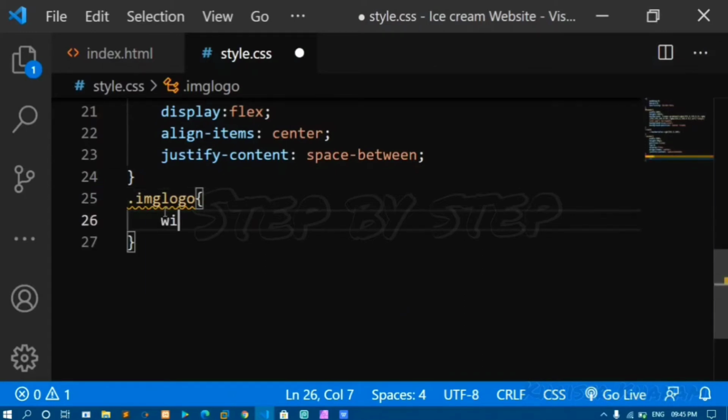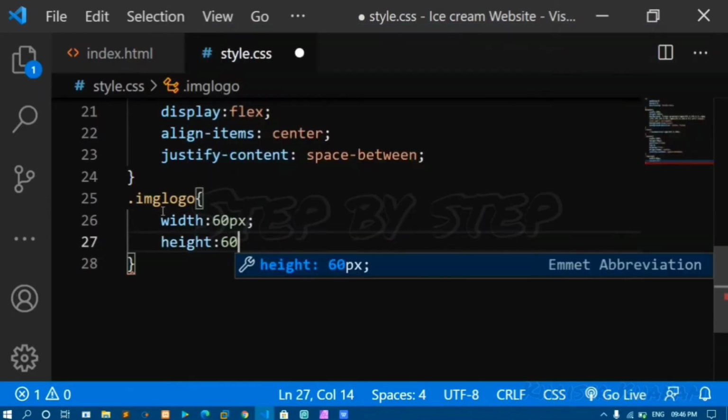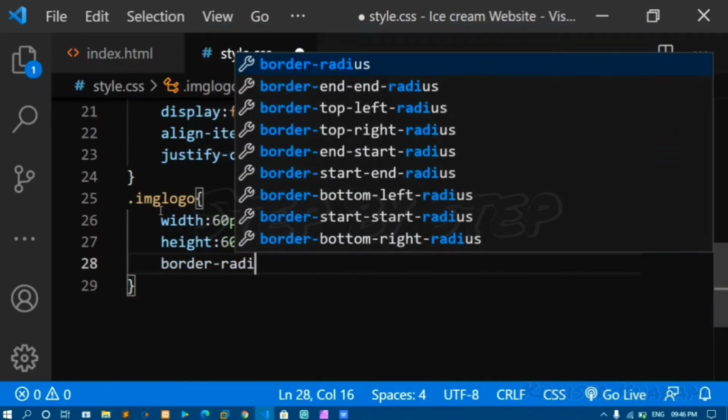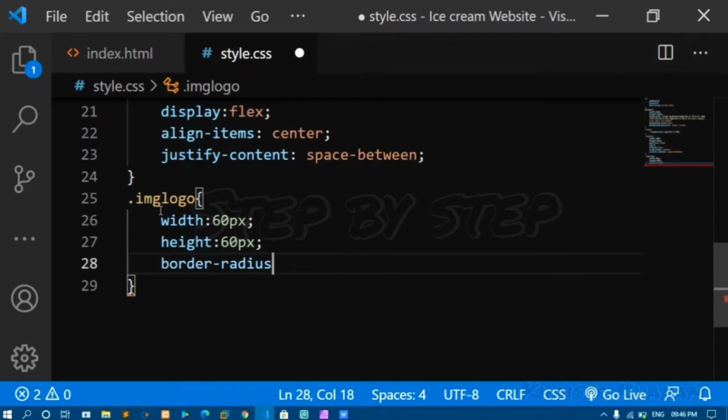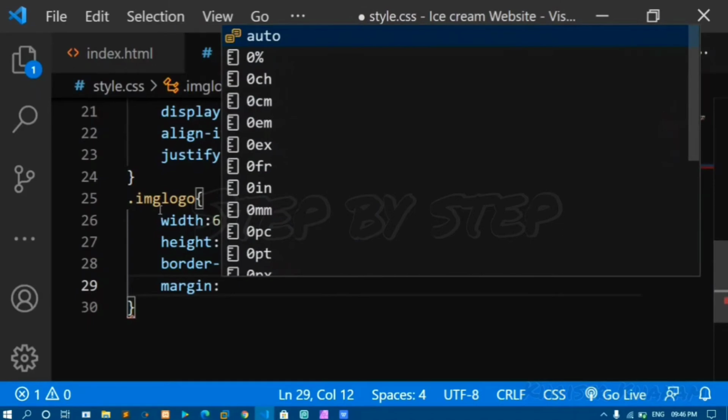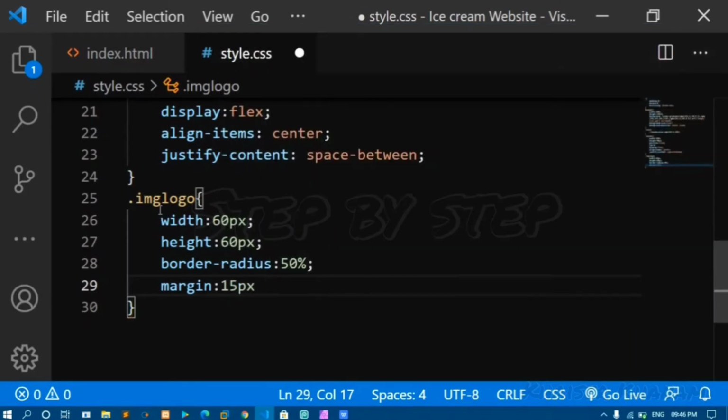For that I'll give width as 60 pixel, height 60 pixel, border radius to be 50%, margin I'll give top and bottom 15 pixel, left and right 60 pixel,